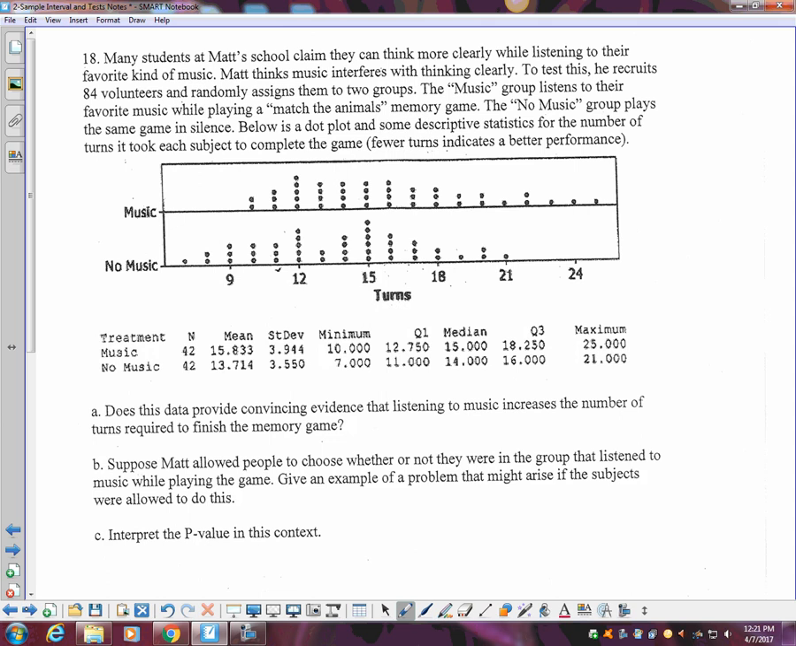Many students at Matt's school claim they can think more clearly while listening to their favorite kind of music. Matt thinks music interferes with thinking clearly. To test this, he recruits 84 volunteers and randomly assigns them to two groups. The music group listens to their favorite music while playing a Match the Animals memory game. The no music group plays the same game in silence. Below is a dot plot and some descriptive stats for the number of turns it took each subject to complete